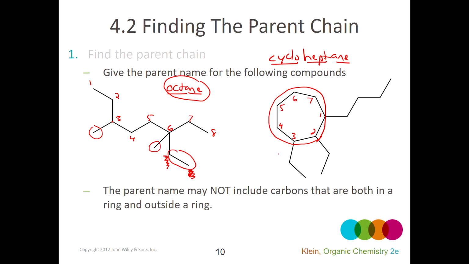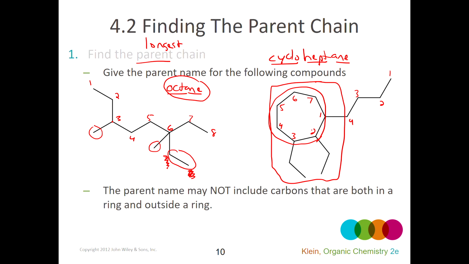So if I were to think about this one a little differently, I could have numbered 1, 2, 3, 4. Then I could have just named this whole thing as a substituent, but again, when we're finding the parent chain, we want to find the longest consecutive chain of carbons connected. So only 4 in a row is not as long as 7, obviously, so cycloheptane should be the parent here. One mistake you definitely want to avoid: